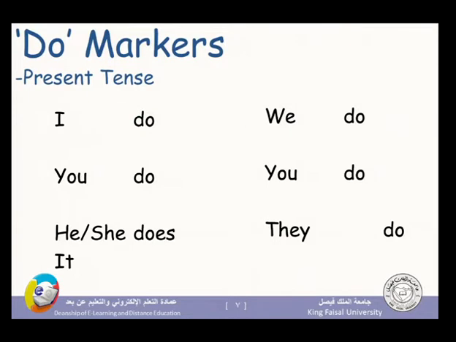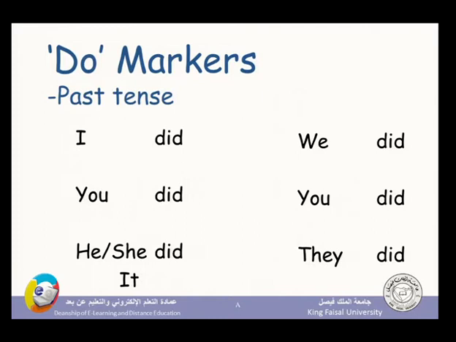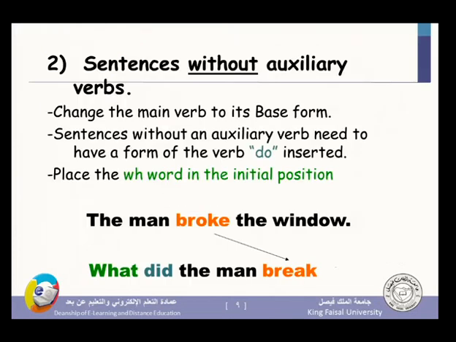I do, you do, he, she, it does, we do, you do, they do. I talked about this so many times. In the past, do becomes did. I did, we did, you did, you did, he, she, it also did, they did. So do or does become did regardless of the subject being he, she, it, or they, you, were, and so on and so forth. But if we do not have an auxiliary in the sentence,